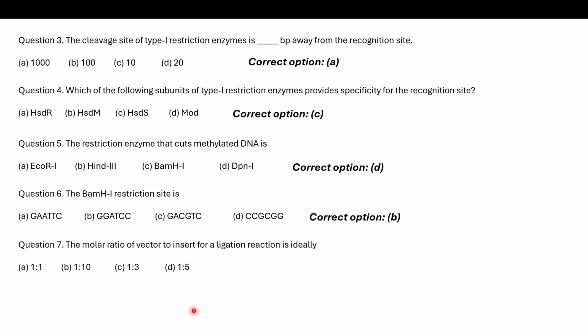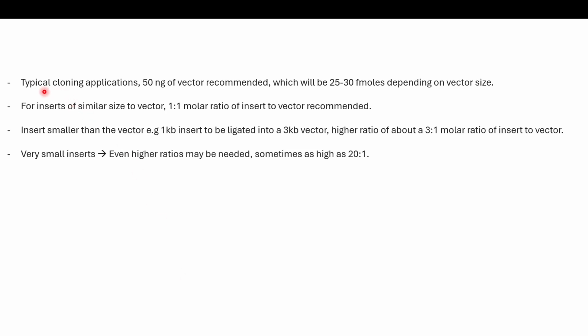Now, the molar ratio of vector to insert for a ligation reaction is ideally, I think from the lecture videos, the correct answer will be 1 is to 3. But actually, you know what happens in case of ligation reactions, people can go up to 1 is to 5 ratio, 1 is to 7 ratios as well. So for typical cloning applications,